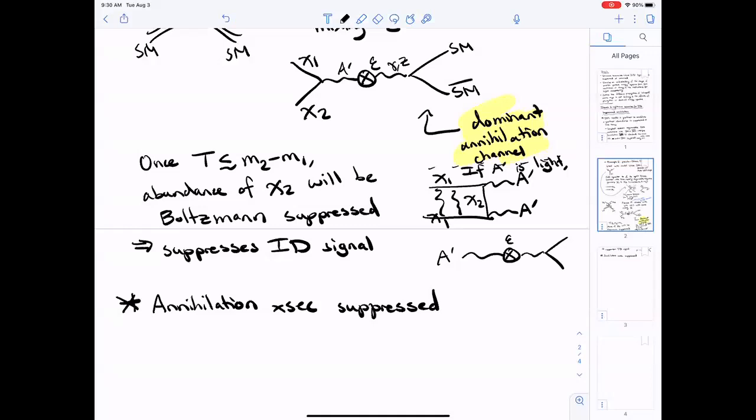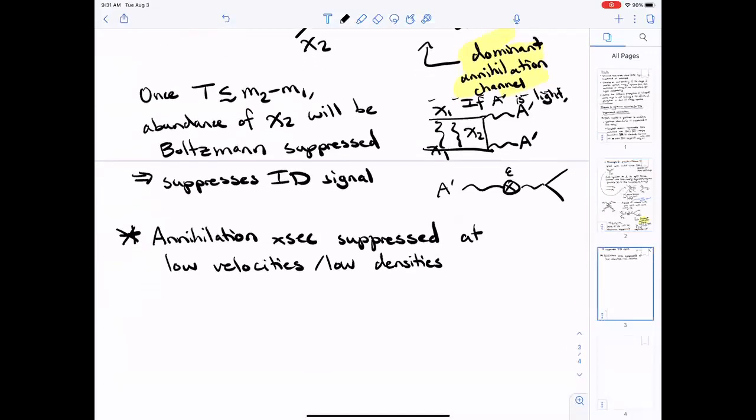This could be because the annihilation cross-section is suppressed at low velocities, since the typical velocity of the dark matter particles will be much smaller at late times than at freeze out. Freeze out occurs when the temperature is about a factor of 20 below the dark matter mass, which means v is only about 1/3, v squared is about 1/10, v squared over 2 is about 1/20. So if the annihilation cross-section is suppressed at low velocities, that will do it. Or if it's suppressed at low densities. These are the two main criteria that are typically used. The classic example of the first case is where the annihilation is dominantly P wave, and we talked about this a little bit last time.